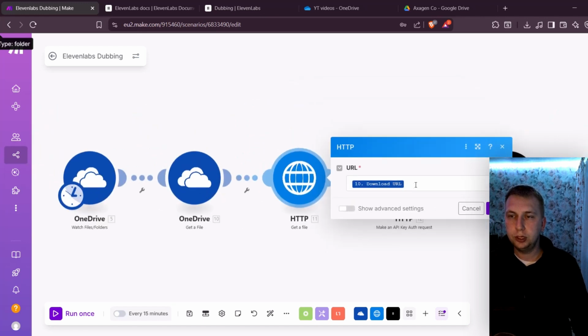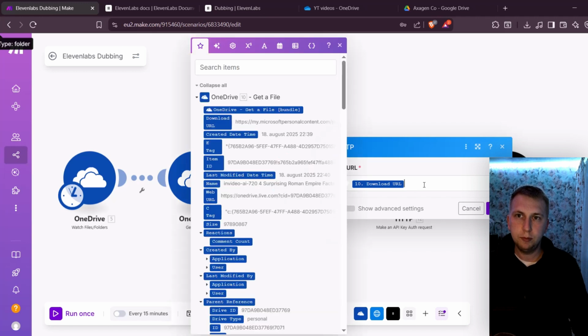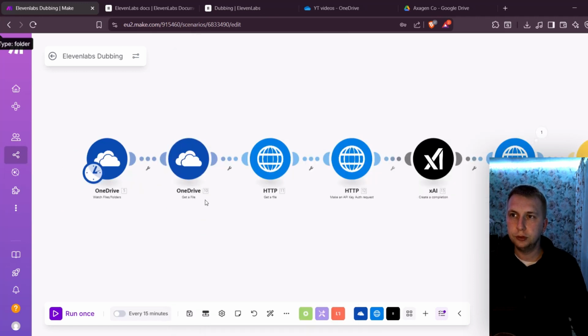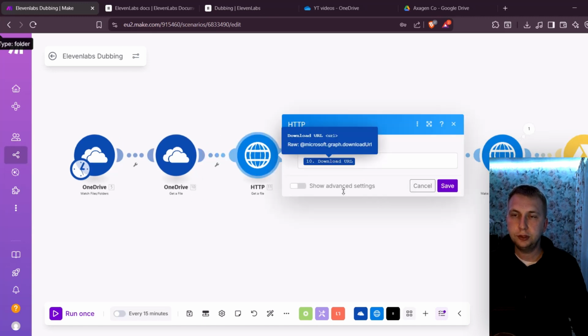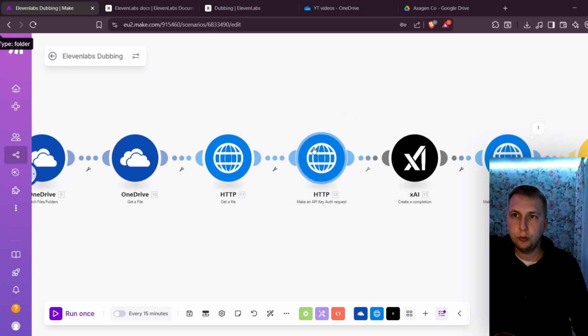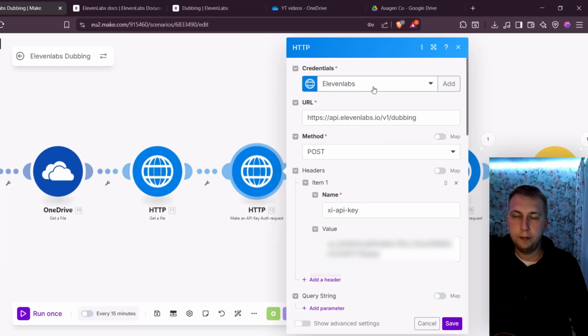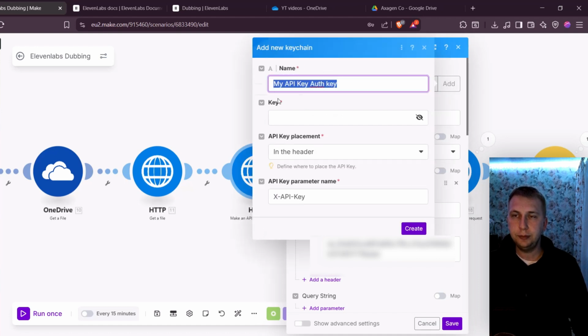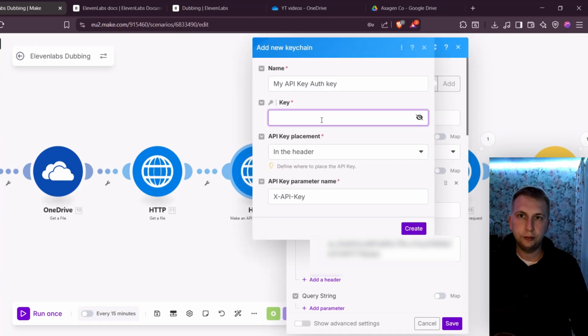After that, when I got the URL, I fed it straight away to the get the file HTTP module. Actually, with Microsoft OneDrive, you don't need to have this get a file module, but with Google, you need. And after that, this video URL is going to the HTTP module. And here you're gonna have to make an API key authorization request. One of the important things where you're gonna need your API key is here in credentials. If you click add, then you can rename it, but here in the key area, you're gonna have to paste